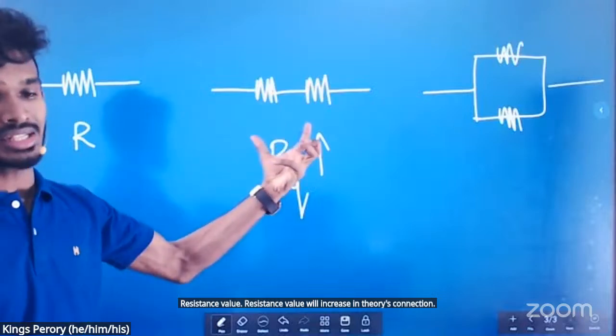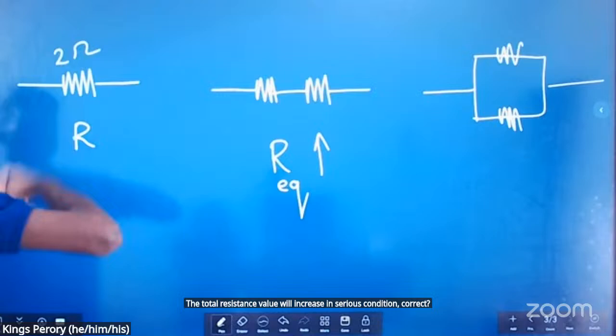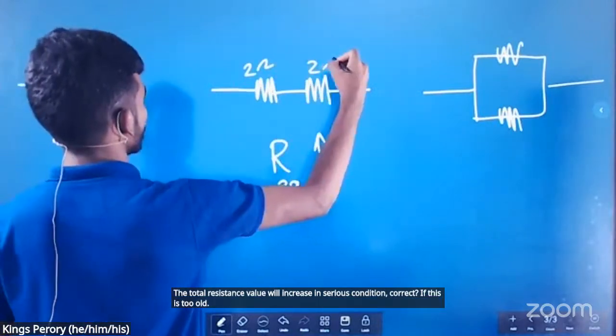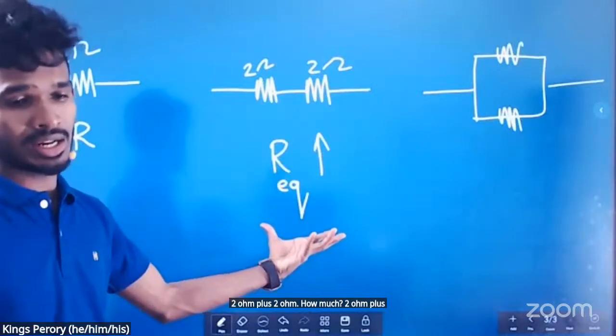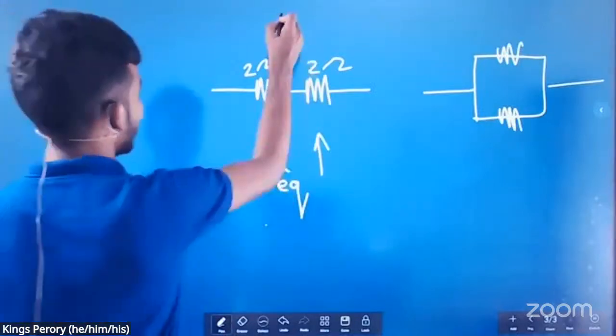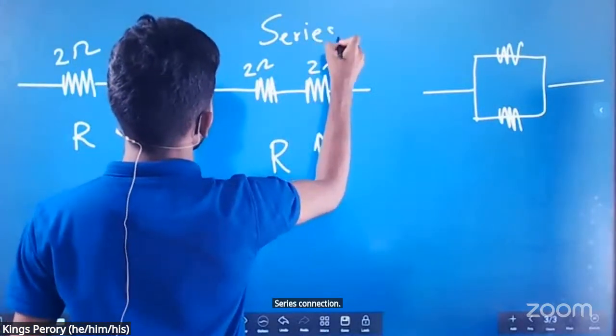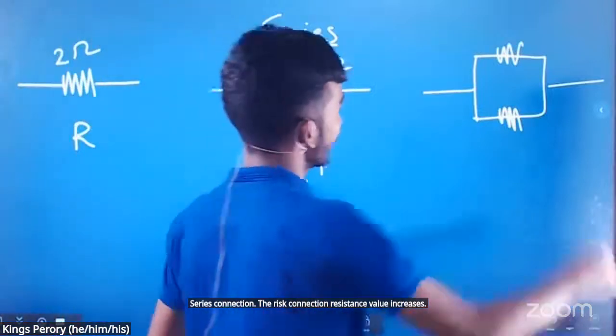The total resistance value will increase in series connection, correct? If this is 2 ohm, 2 ohm plus 2 ohm, how much? Dingala, tell me. 4 ohm. In series connection, resistance value increases. On parallel connection,